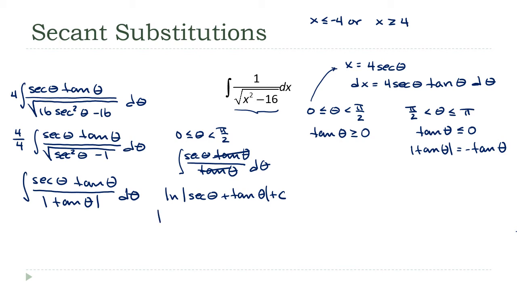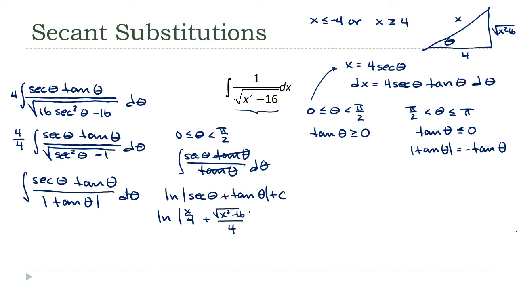Secant theta is x over 4, plus what's the tangent? Well, jump back over here. We've got theta. Secant is x over 4, so the cosine is 4 over x. So this is 4, this is x, this is the square root of x squared minus 16. Okay, so what is the tangent then? The tangent is the square root of x squared minus 16 over